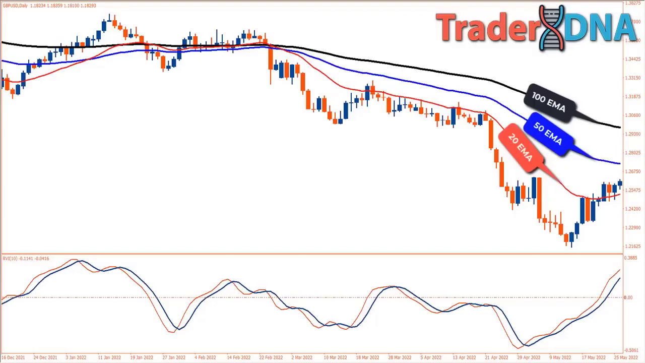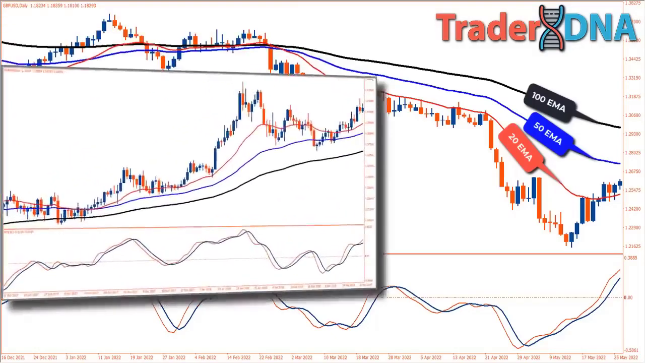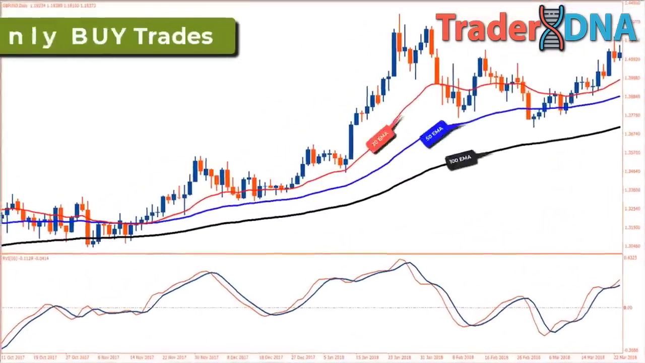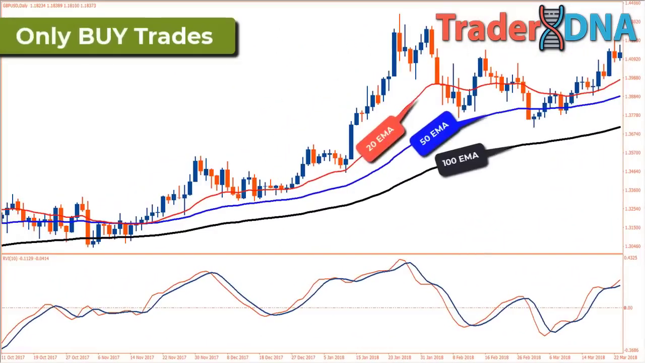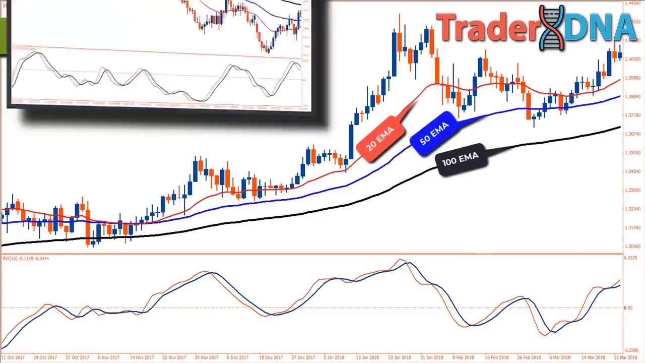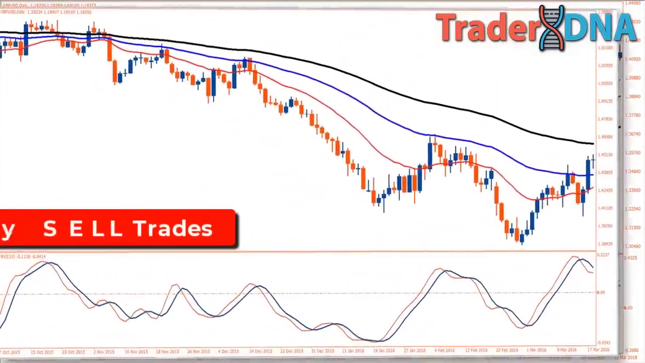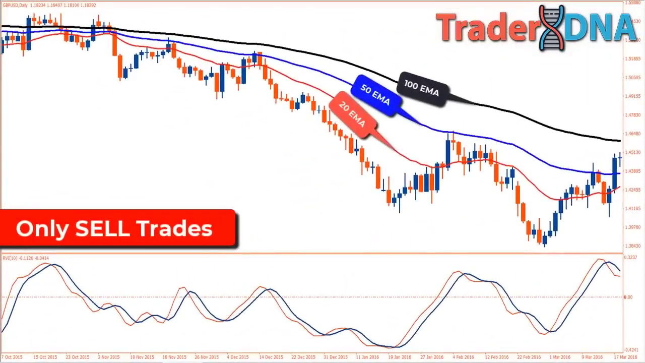The first rule with this strategy is you can only buy when the 20-period EMA is above the 50, and the 50 is also above the 100. The opposite is true for a short position. If the 20-period EMA is below the 50, and the 50 is below the 100, you can only take a short